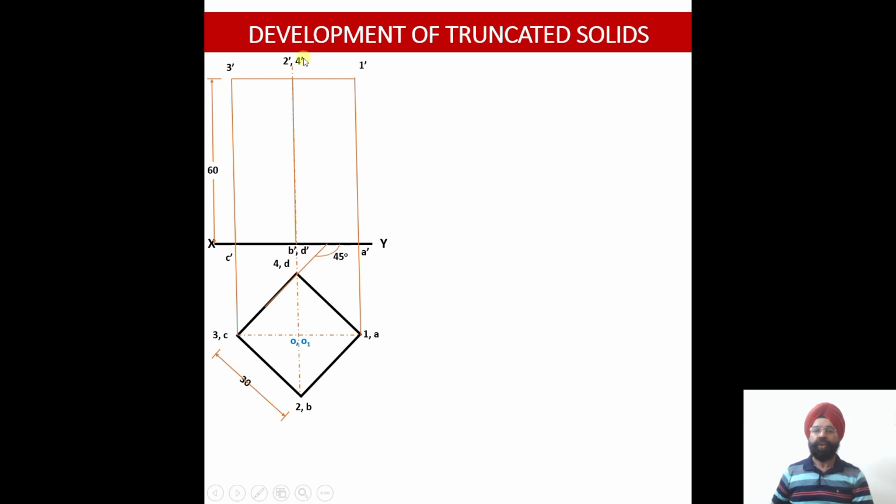But these dotted line projections corresponding to 4 dash D dash have been superimposed by the solid line projections corresponding to the vertical edge 2 dash B dash over here. That's why we get all three solid line projections in the front view.